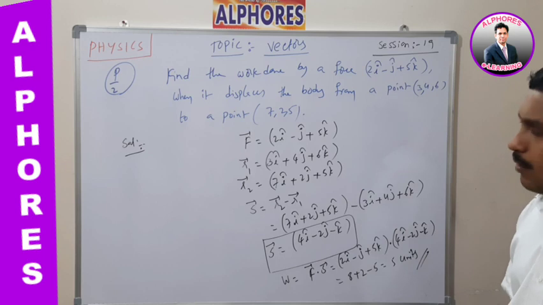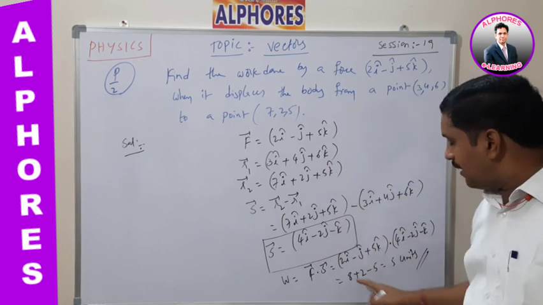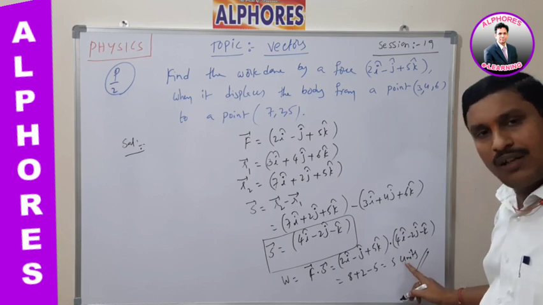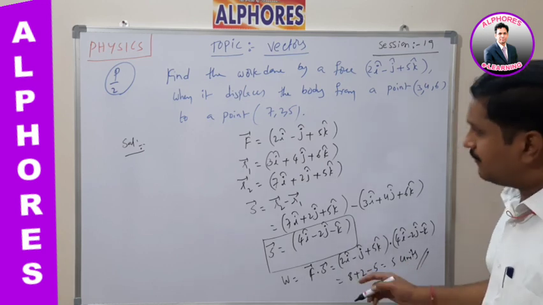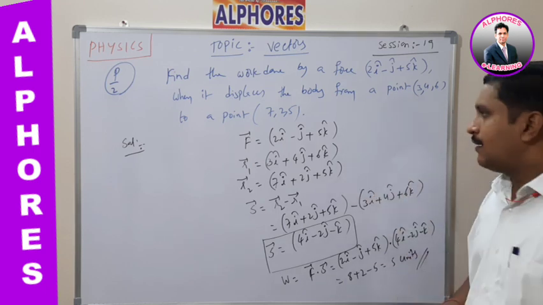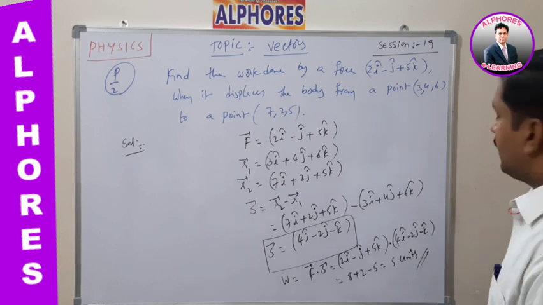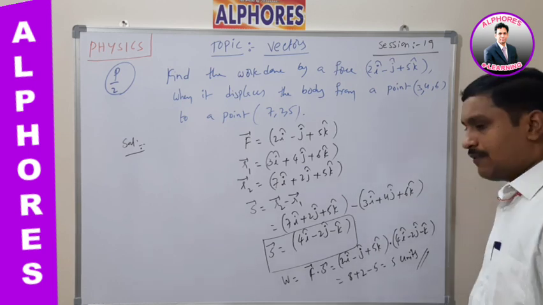Suppose if I am giving the force in newtons and the position vectors in meters, what is the answer here? Joules. Work done can be measured in joules. Okay, right. This is the second kind of problem which depends on the work done only. Now I have to give one more problem based on the remaining concepts. All of you write it down fast.